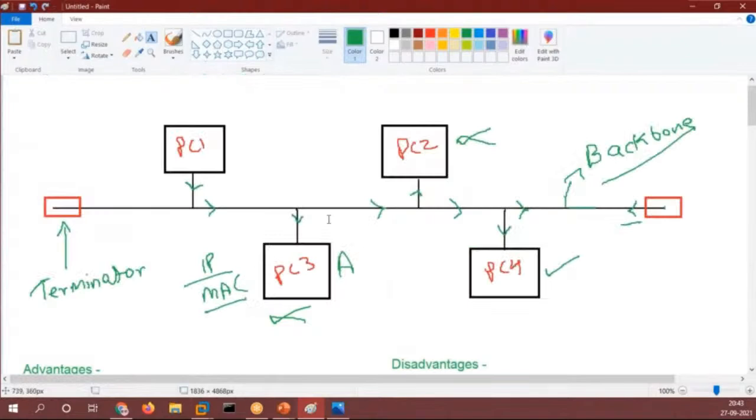So this is the backbone. If it breaks, the data will be traveling continuously. It will not be a bus topology again. So everything depends on the backbone, right? So that is also a disadvantage of it. Clear, everyone?